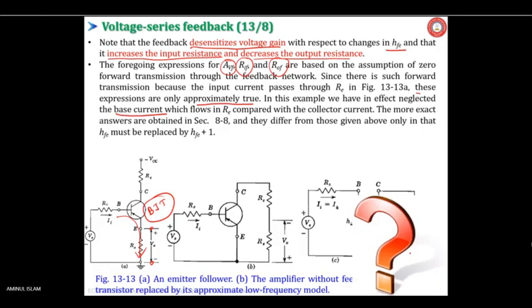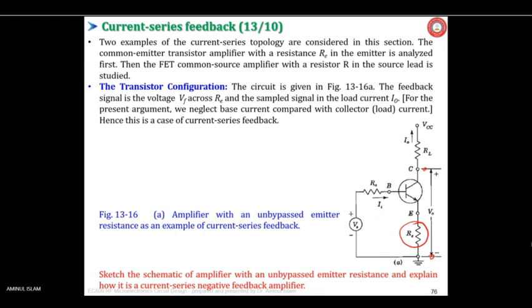See, if you don't watch carefully, here also you have the RC, here also you have the RE, and RS is also at the base. It looks more or less the same. If you don't watch carefully here, you will not be able to understand. Yes, Aman, could you understand? Yes, what is the difference? Yes, sir. Okay.